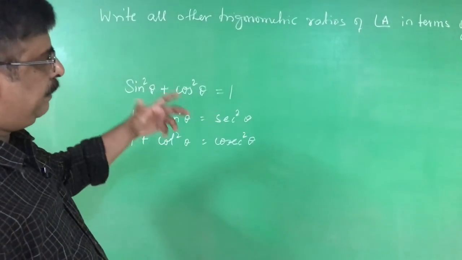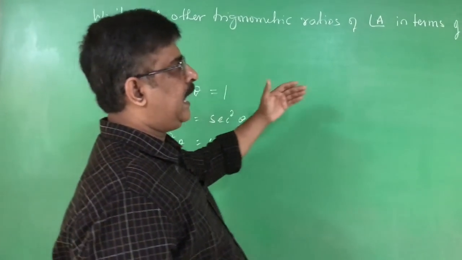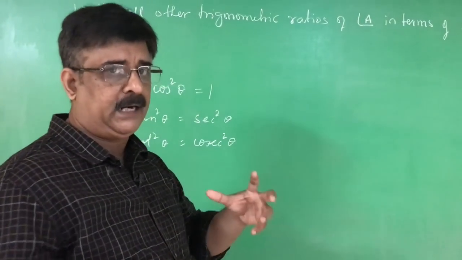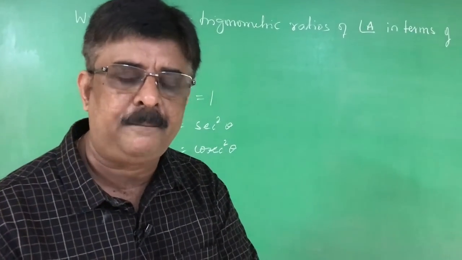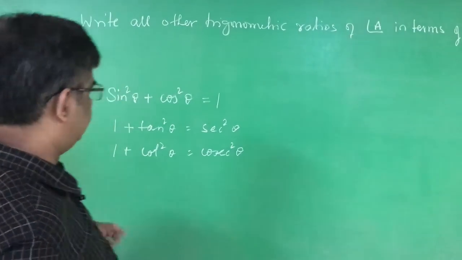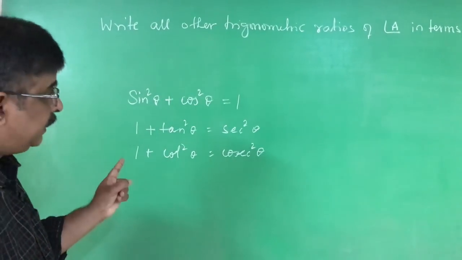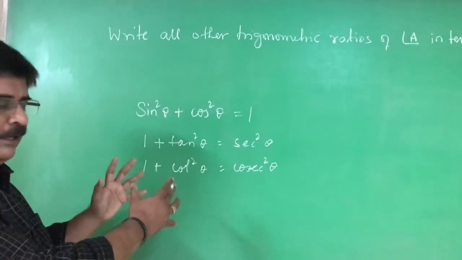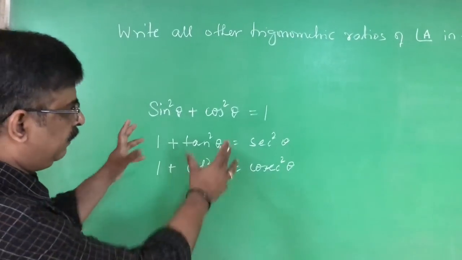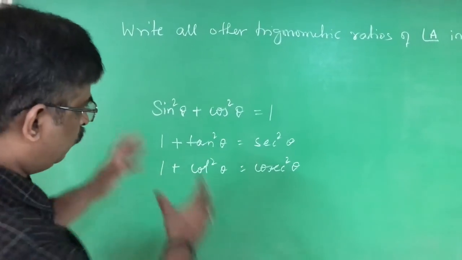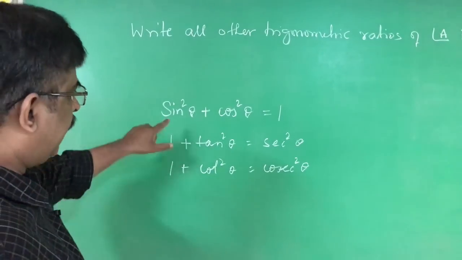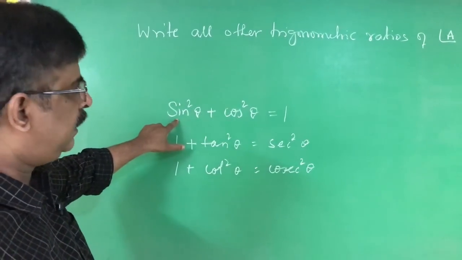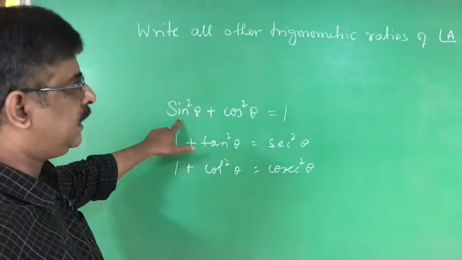Can you develop a relationship between sin theta and secant theta? I wanted to develop a relationship between sin theta and secant theta, right? Which identity can I select? Sin theta and secant theta. See, this is the time for you to think. Simply seeing the video is of no use. You have to think now. I tell you, this is the relation that relates sin theta and secant theta.